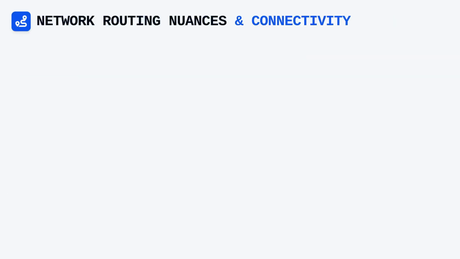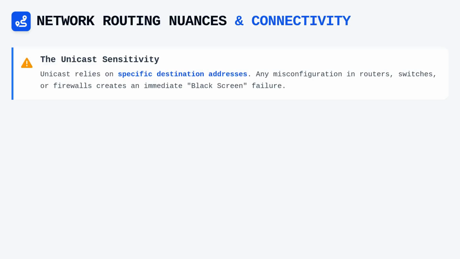Understanding the nuances of routing is essential for any integrator troubleshooting connectivity bottlenecks within a network video system. Because Unicast relies on specific destination addresses, it is highly sensitive to the configuration of routers, switches, and firewalls throughout the network path. If a routing table is misconfigured, or if there are firewall rules that lack a clear path for the return traffic, the connection will fail, resulting in a black screen despite the camera being powered and technically